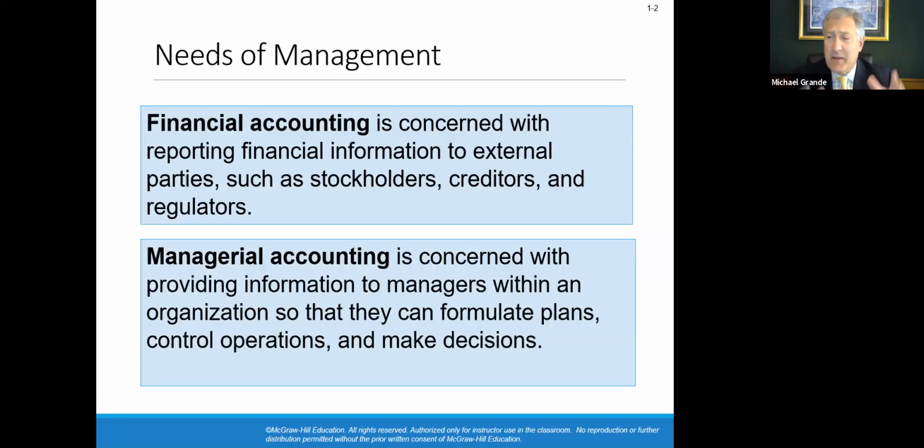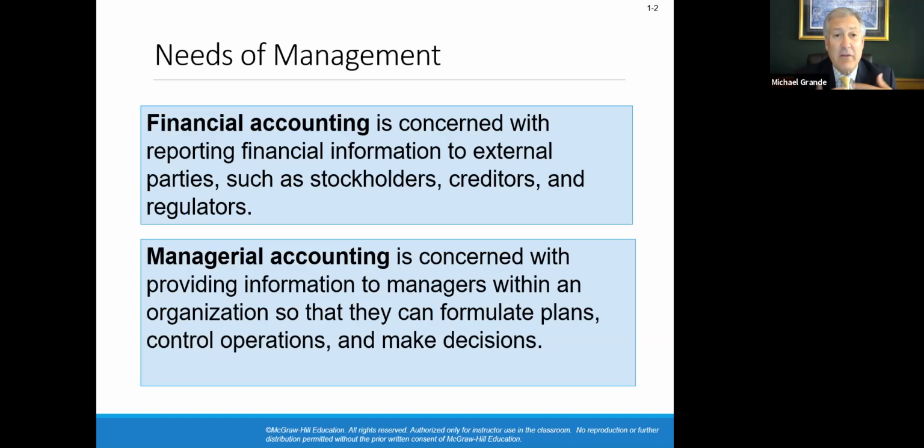There is a fundamental difference between financial accounting and managerial accounting. Many of you who are taking this MBA program have had both of these classes. Your foundation classes involved ACC 203, which is financial accounting, and ACC 204, which is managerial accounting, and you began to see the differences. But financial accounting, as you well know, is more historical in nature. You spend all of your time recording transactions, because that's what financial accounting is about.